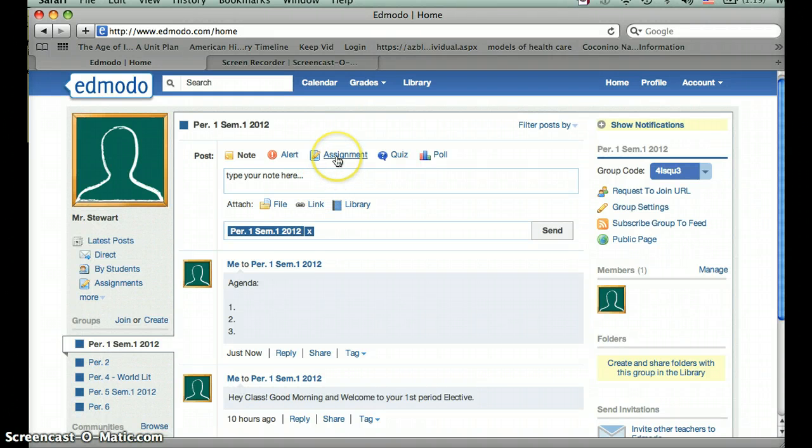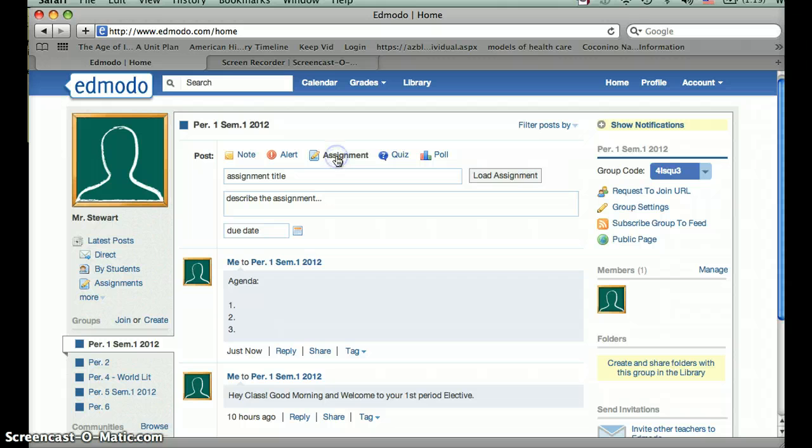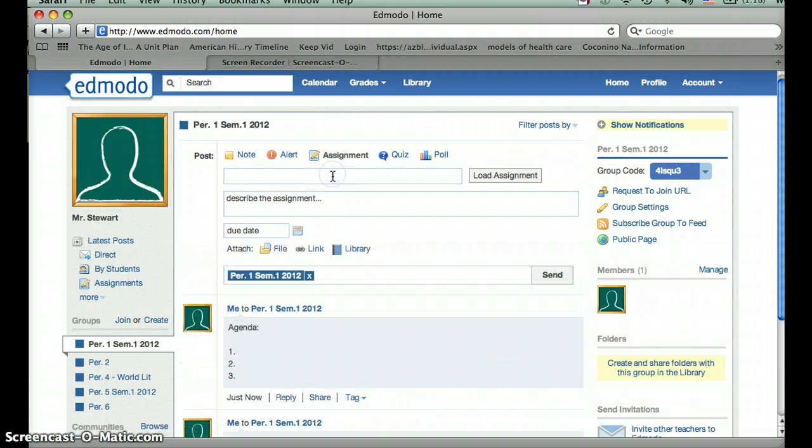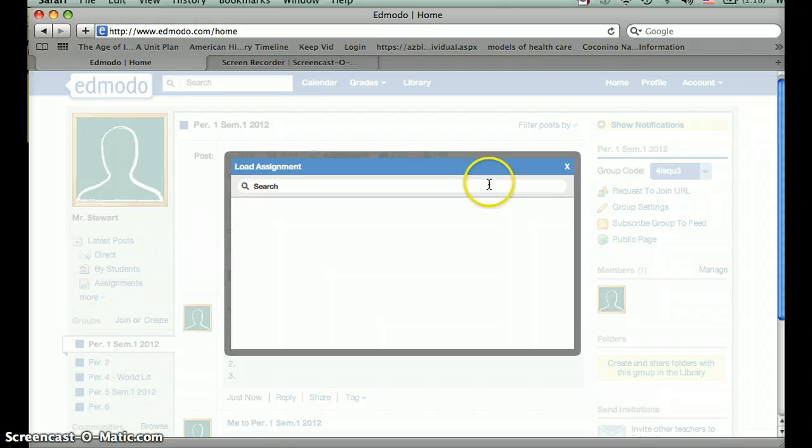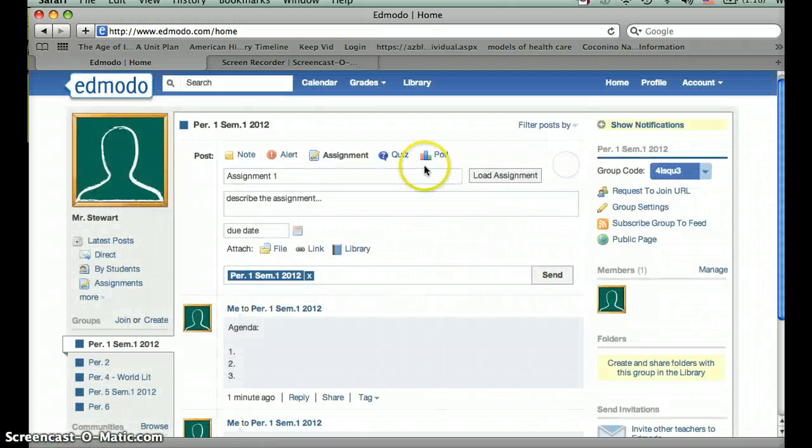If you want to send out an alert to kids to remind them that something's due, that's a great way to go about that. This is the assignments link here, and the cool thing about this is, especially if you're all set up on one computer, if you have your lesson plans or your assignments all on one computer, or in your email or whatever, you can go ahead and type in an assignment. So let's just say, for example, you would put assignment 1 for your first period class, and you would want to load an assignment. So on my computer, I would be able to,